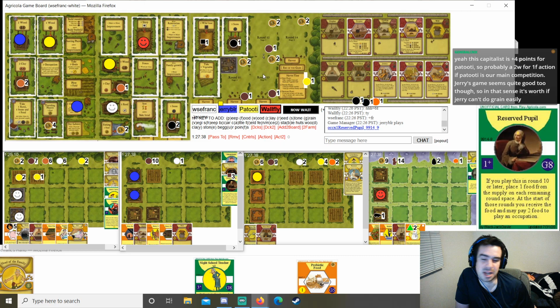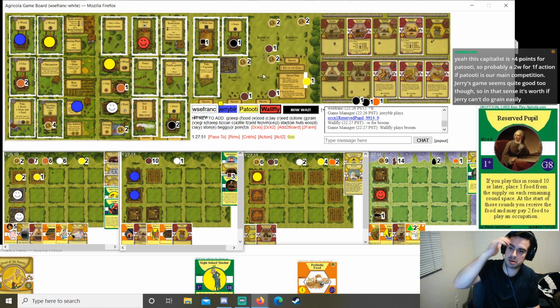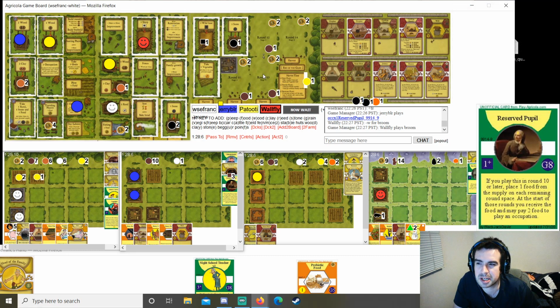Capitalist did not do much. But I'm worried about Jerry. I'm not actually worried about Patooti. I'm worried about jerryblr. Patooti's kind of shown us the good stuff that they have going on here. Now, if they have something like Sunflower Farm, okay, certainly that's going to be really scary. But I don't think I passed Grain Market, right? So I think it might have been first or second pick Grain Market. So I'm actually not that worried here. And we know Patooti first picked Boston, right? So...